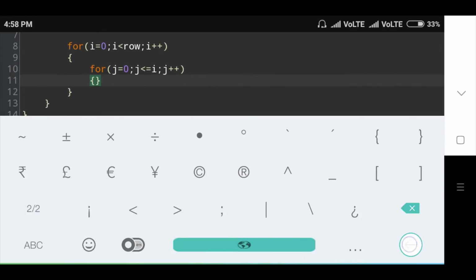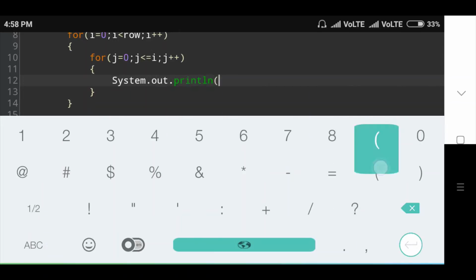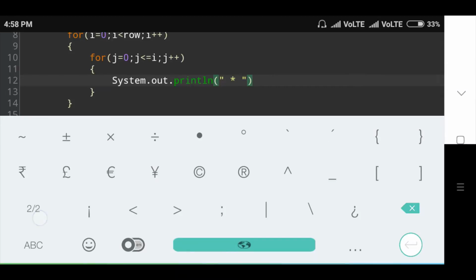Inside this second for loop I am printing a message, System.out.println. In that, a star is printed.